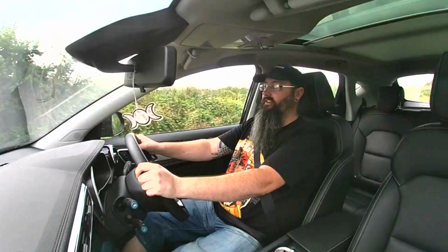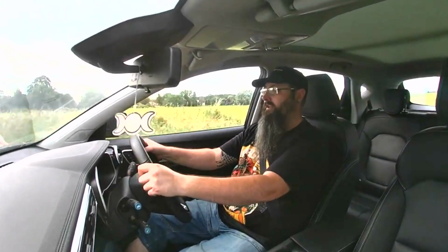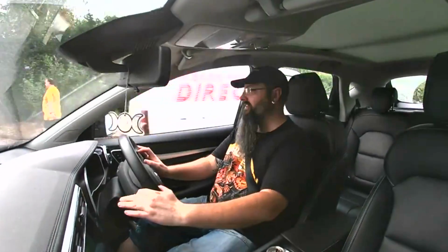Okay, and finally, the fifth thing on my list is just the general looks of the car from the outside. Because I think it looks just as sexy on the outside as the interior. It's a lovely looking car. I must admit that most car companies now are making big SUVs, and they do all kind of look similar. They've developed a really nice look, and everything looks kind of the same. So this doesn't look much different